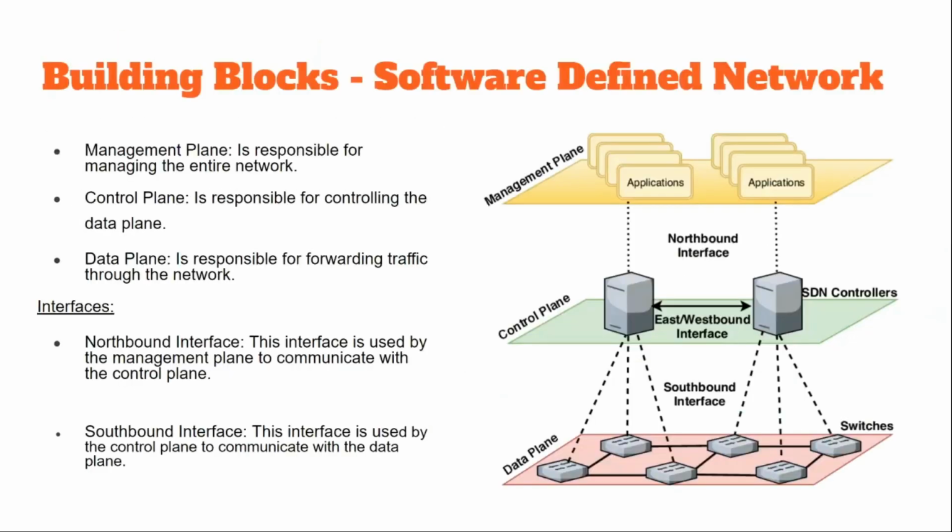So now we will take a look at the architecture of a software defined network. As I already mentioned, after the OSI architecture, another fundamental architecture that came into place and was accepted as a standard is the software defined network architecture. So basically in networking, we have two architectures: one is the OSI 7-layer architecture and the other is the SDN's 3-layer architecture. Now the 3-layer architecture of SDN has the data plane, the control plane, and the management plane, which we also call the application plane.